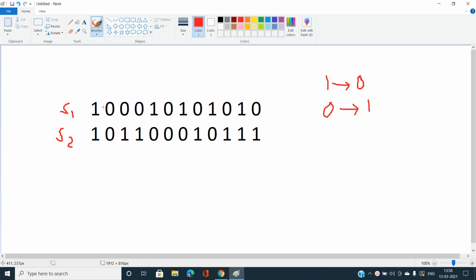So one thing we should note that if the ith character of s1 as well as s2 are already equal, there is no need to flip the characters. Okay, so it will be a waste. So you can see 1 and 1 are equal, 0 and 0 are equal, so I am not going to flip this one. And if you can see, there is a consecutive segment, that is you can notice this segment. Okay, so if this segment has the characters that are not equal, that is s1 of i is not equal to s2 of i, and similarly this one also and this one also.